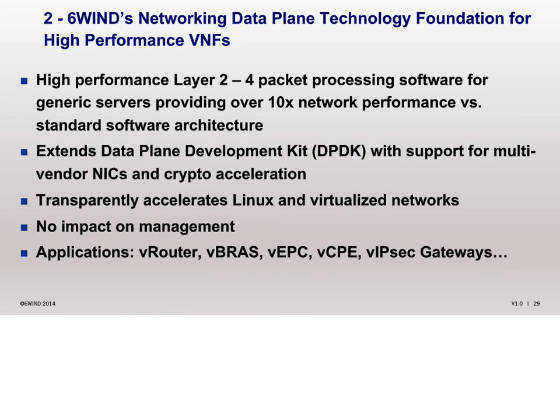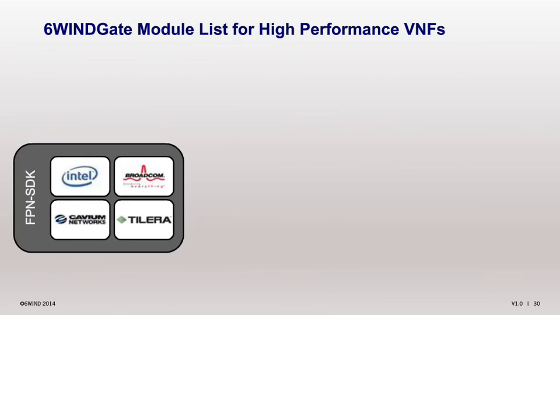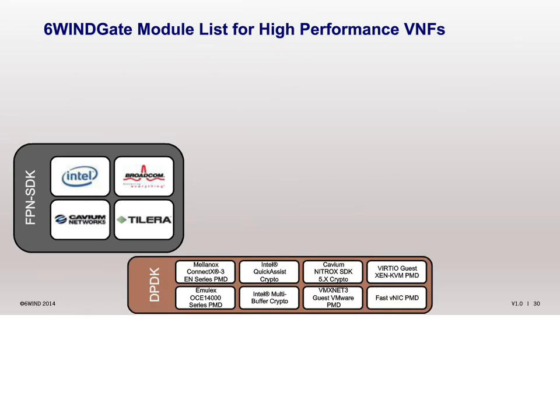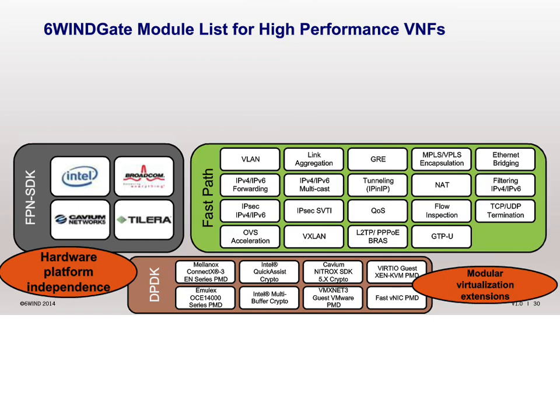6WinGate is a modular offering, so our customers choose their abstraction layer on top of the hardware they want to support. We call this the FPN SDK. On Intel, as I said, we provide DPDK extensions for multi-vendor NICs, crypto, and virtualization. This allows us to bring hardware platform independence to the 6WinGate fastpath, which provides a very large set of data plane